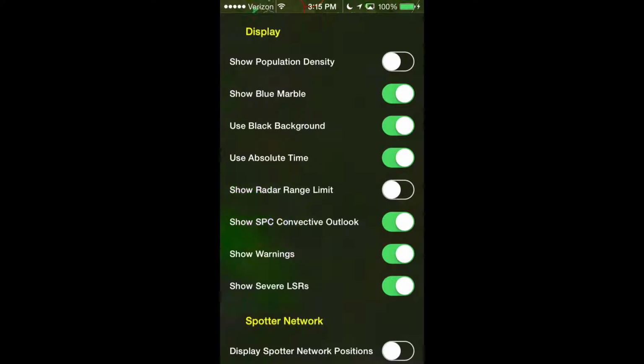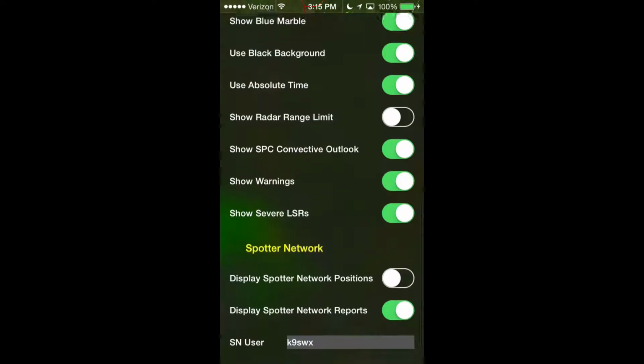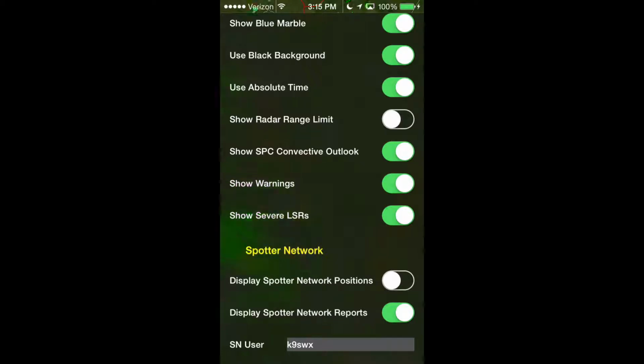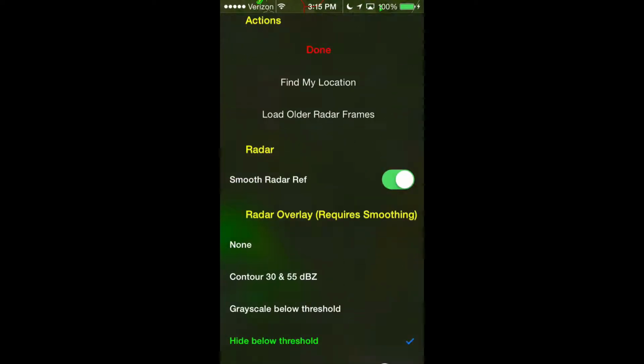I like to keep the SPC day one outlook on. I'll go back and show you that in a second. You can see warnings, local storm reports, and then at the bottom if you've got spotter network, you can have it show reports and the positions. Now I've got the positions shut off for now because there's a moderate risk of severe weather out west, and there are a bunch of green dots that kind of clutter it up, so I've got that shut off for now. So let's jump back over here,